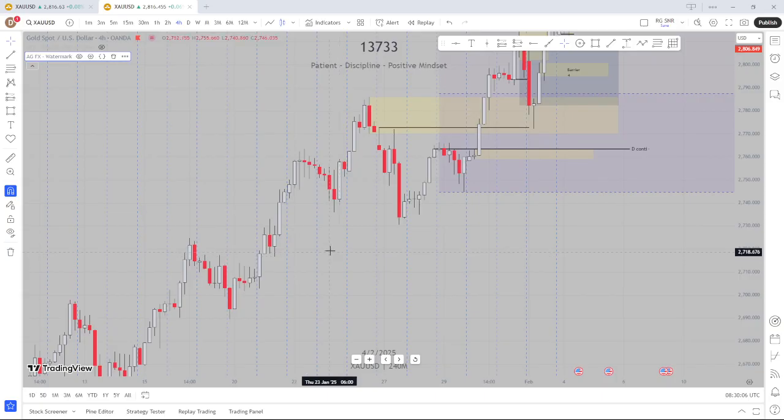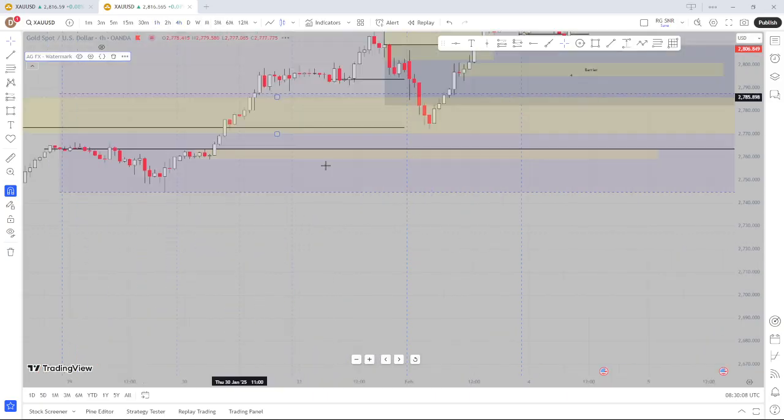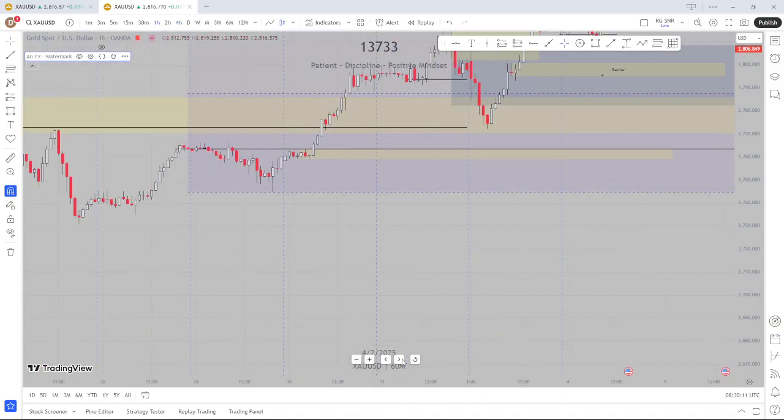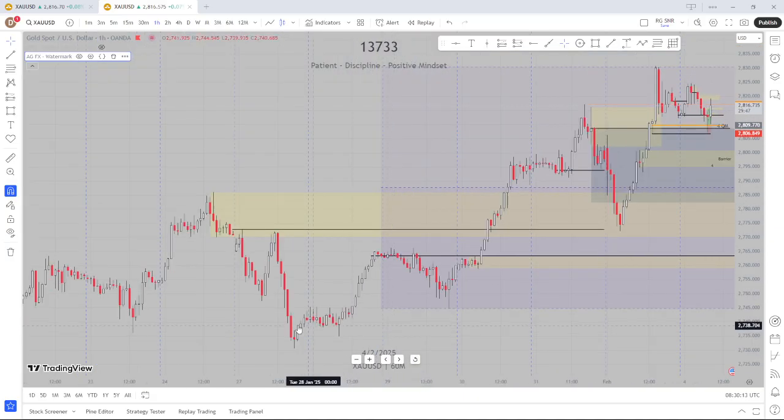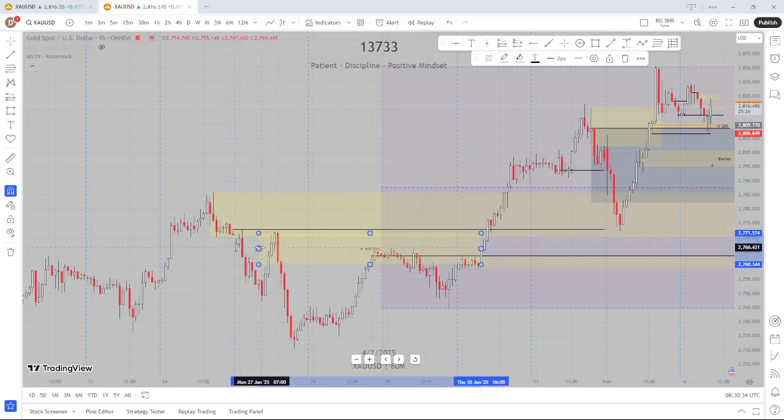Oh, wait, let me see. Let's go to 1 hour. Example, say you have this level here that break this level that was strong because it had break these two levels. So when price come back up here, my marking would have been here. Reason why,